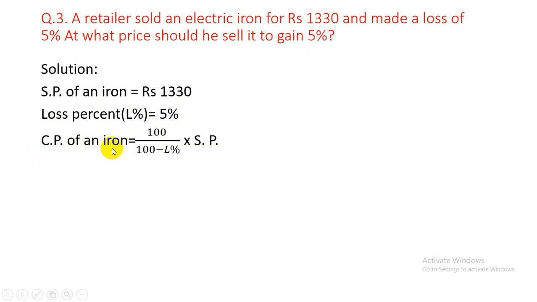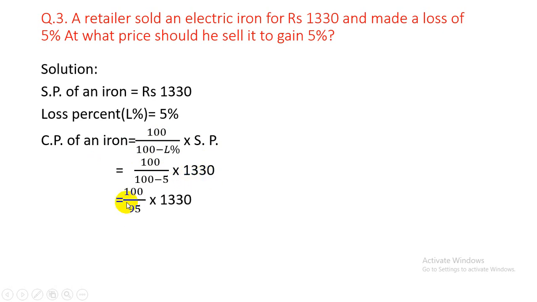CP of an iron is equal to 100 by (100 minus L percent) into SP. It means SP is given, loss percent is given. At first we have to find out CP of an iron. 100 by (100 minus L percent) into SP. 100 by (100 minus 5), loss percent means 5%, into